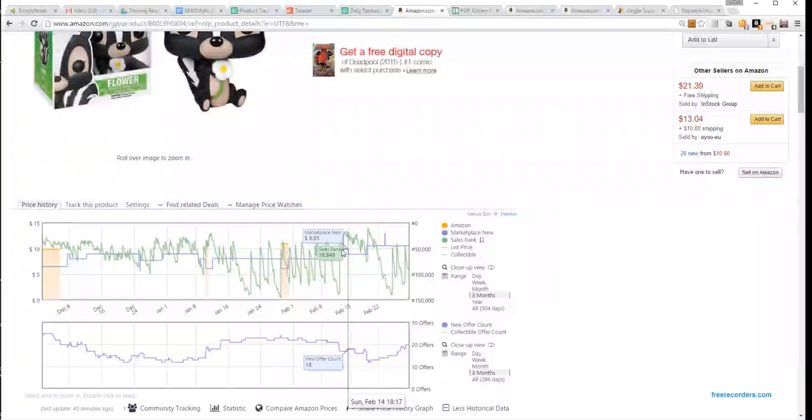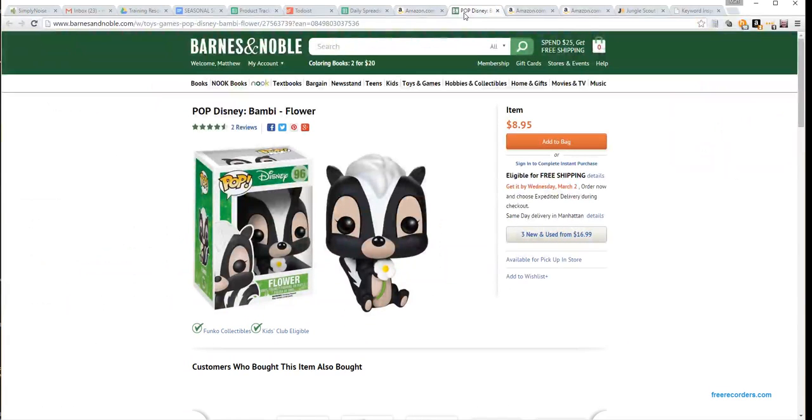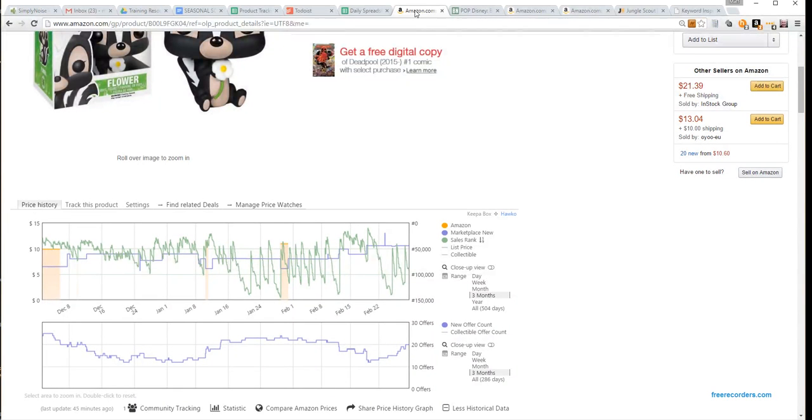Looks like there's at $8.05, which is probably $18 because we add $10 shipping. The rank is okay, but $18 on a purchase price of $9 isn't really enough. So that's why I'm not buying it. But if this is a product that you think is fine, include it on the list. It's just a little bit tricky, and I've decided not to purchase it